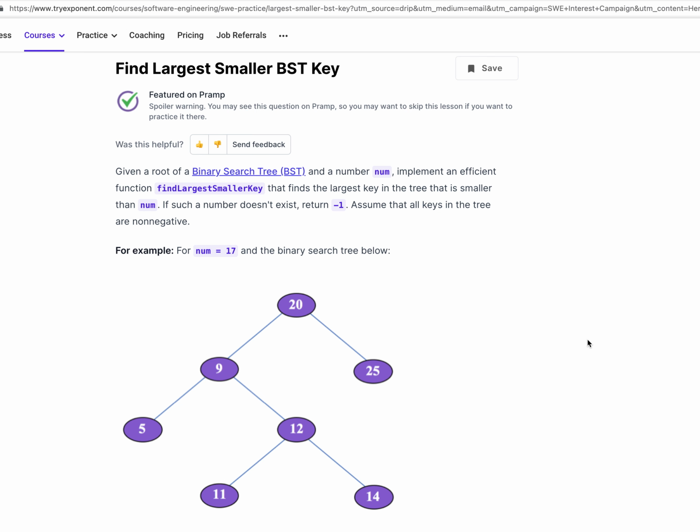Okay, in today's exercise, we want to search a binary search tree for a given number and return the greatest value that is less than the number we're searching for. So if you look at this small binary search tree here, having 7 nodes, if we search for 17, we would return 14 because that is the greatest number that is less than 17. If we were to look for 10, we would return 9 because that is the greatest number that is less